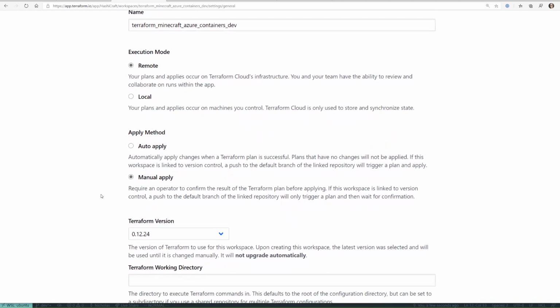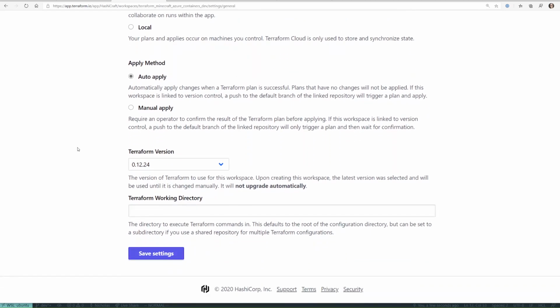But this is dev. If we break dev, we are the ones who suffer. So we can take an easier approach and use auto apply. Auto apply will automatically apply the changes regardless, and that's great for dev. So we're going to change that.